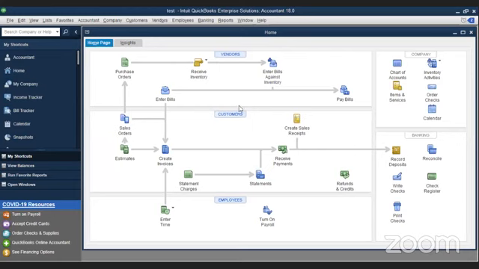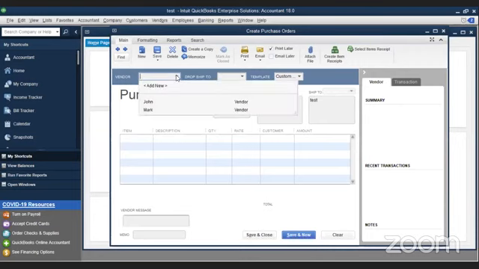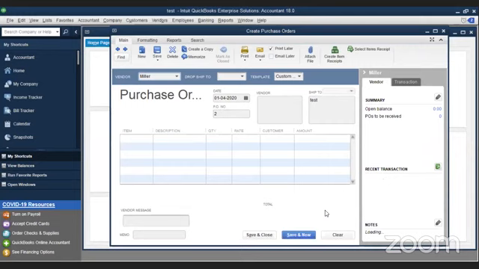We have created a purchase order. I'm going to create another. You can always create by saying save and new, but I'm going to create another purchase order just to tell you all something additional. We are going to buy from another vendor. We'll say his name is Miller. And we are going to buy something. We are going to ask for a purchase order from him as well.